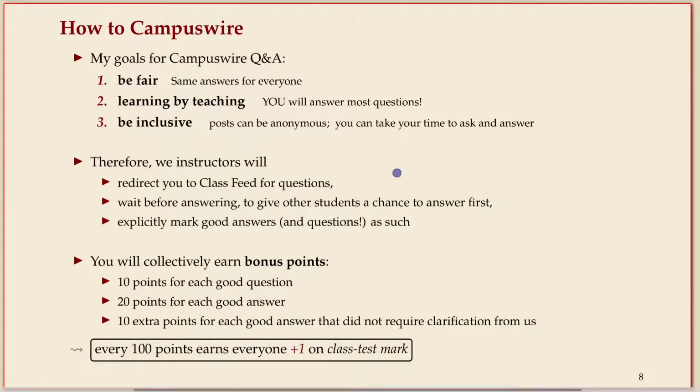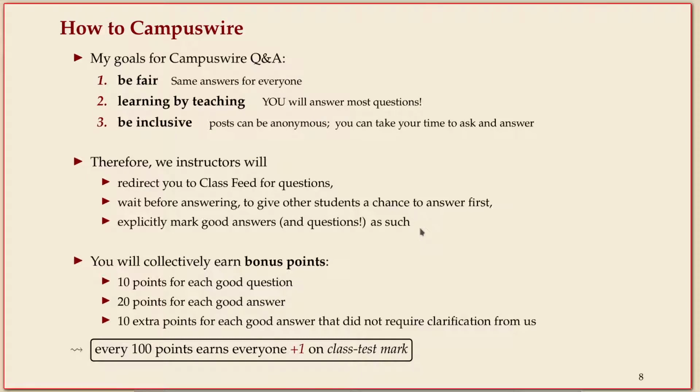So what does that mean? By default, if you write me an email with some question where I think this is probably relevant to 5 other people, I will redirect you to Campuswire and ask you to just post there for exactly the reason that everyone gets the answer. I'll usually wait a bit if it's a technical question like the n cubed one, the one with the formulas and the big O terms. I would not immediately answer this, even if I knew, but I want to give you a chance to answer first, other students.